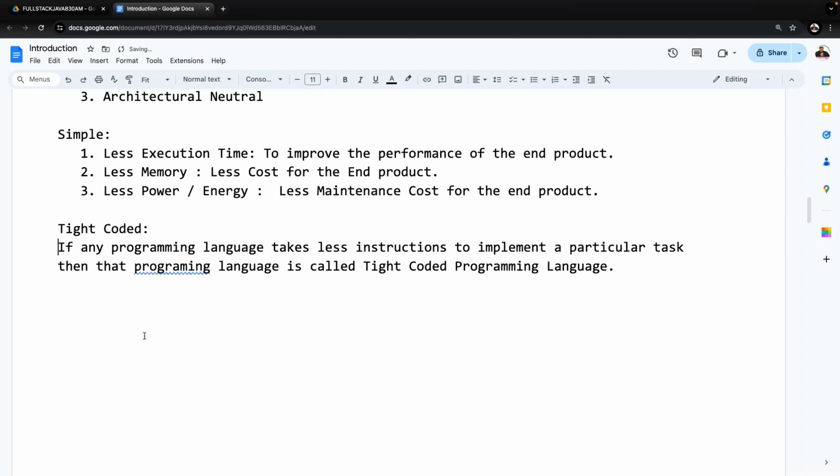If any programming language takes fewer instructions to implement a particular task, then that programming language is called a tight coded programming language. If any programming language takes a greater number of instructions to implement a particular task, then it is called a loose coded programming language. Fewer instructions means a tight coded programming language. Say for example, in the C programming language, guys observe carefully, in the C programming language, if you